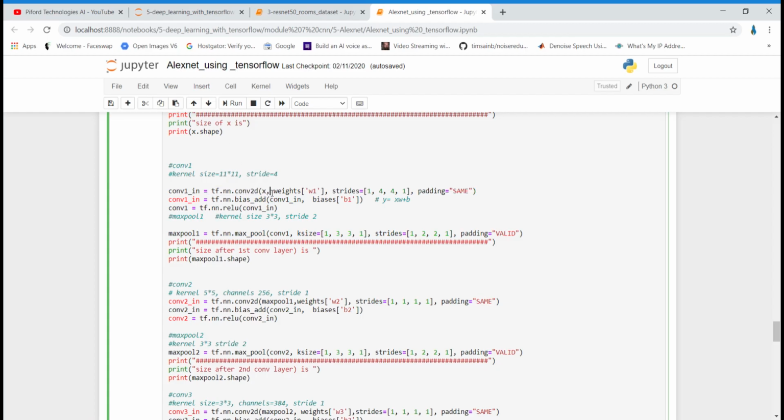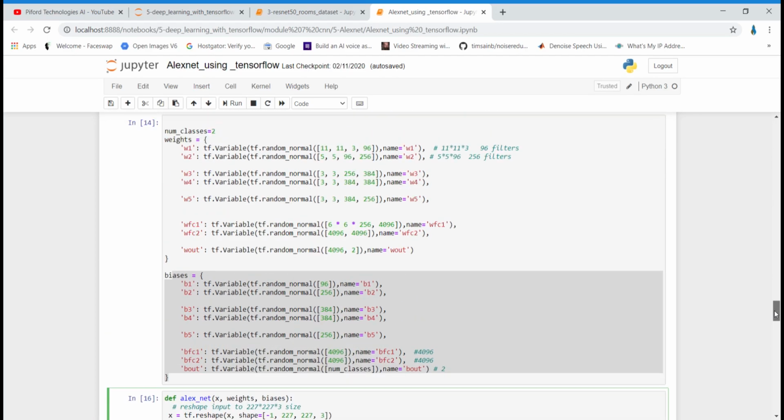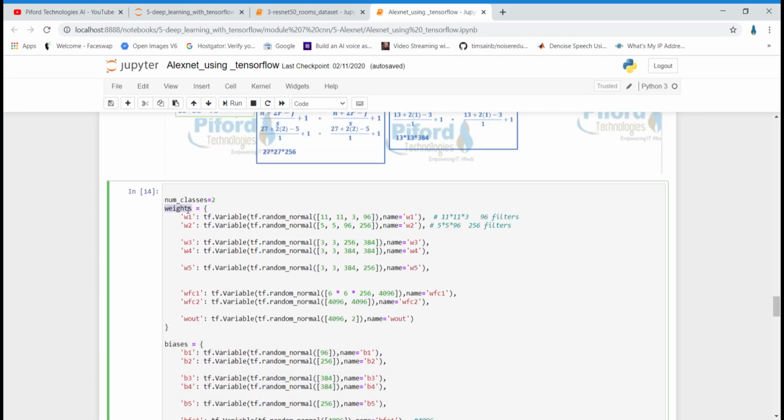X is the input, and weights is a dictionary, and under weights we have a key with the name W1, which is storing the weight value for the first convolutional layer, right? If you remember the above code which I just explained, weights is a dictionary and the W1 key is storing the weight value for the first convolutional layer.